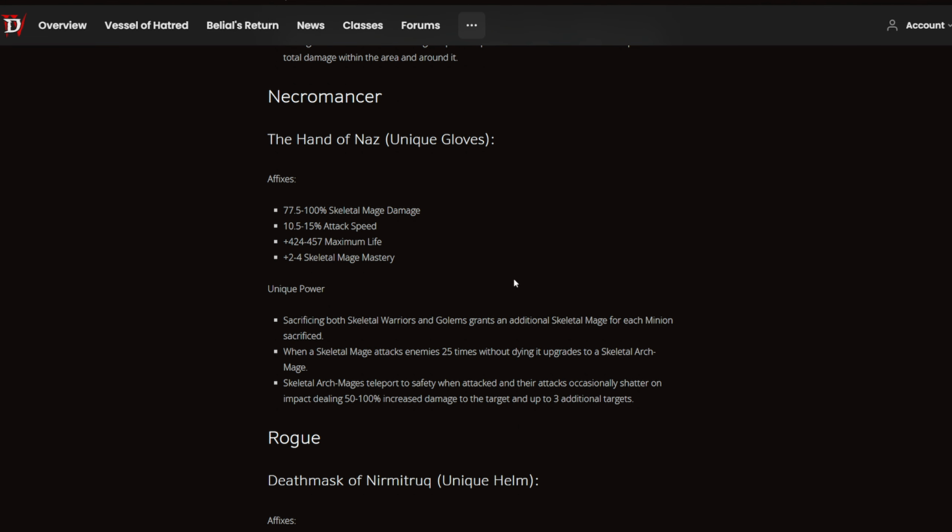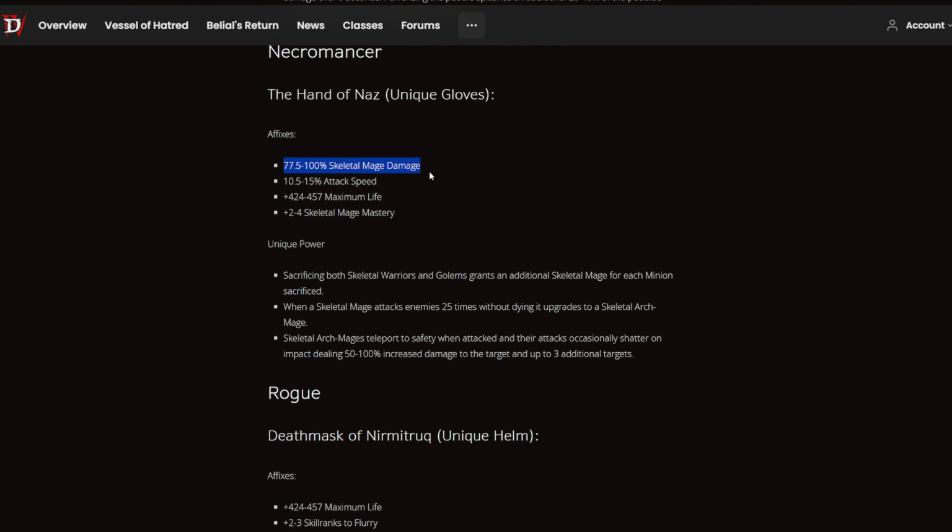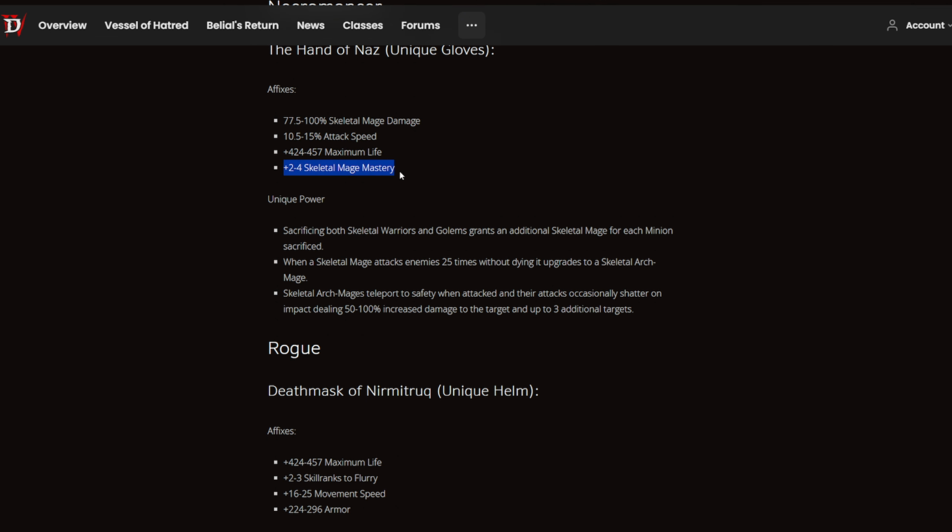Necromancer though gets me excited to maybe play a Necromancer next season. I haven't played a Necromancer yet. I just started it sometimes, but I haven't really played it. And the Hand of Nas actually gives me Skeletal Mage damage, attack speed, maximum life, and Skeletal Mage mastery. And then the unique effect reads: sacrificing both Skeletal Warriors and Golems grants an additional Skeletal Mage for each minion